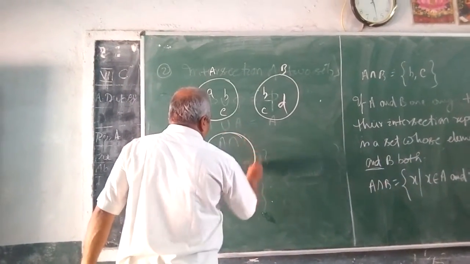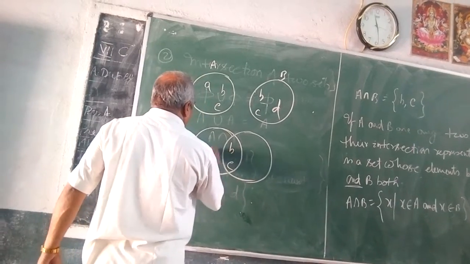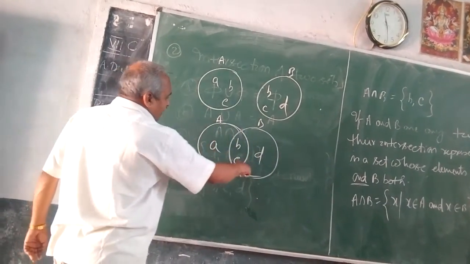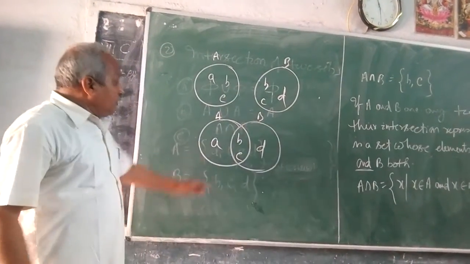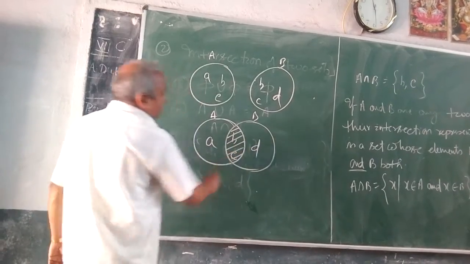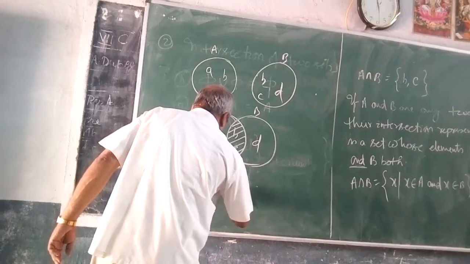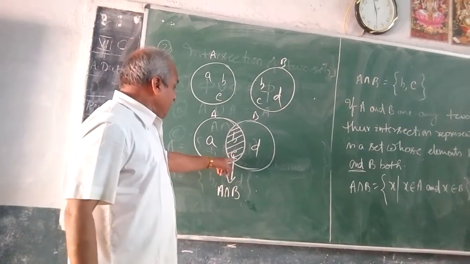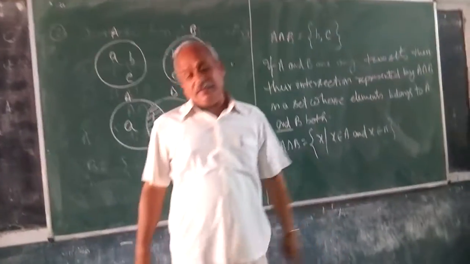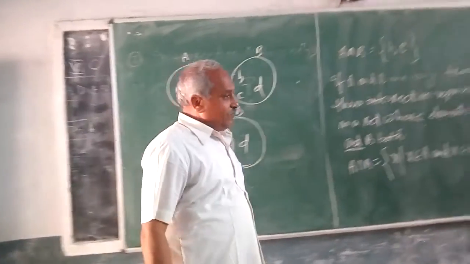Therefore, if you write these sets in this form, here is A, here is B and C, here is D. This is the set ABC and this is the set BCD. Now you can see from the figure which part is common to both. This shaded part is common to both. Therefore, the shaded region is A intersection B, which has the elements B and C. Already we have noted A intersection B equals B and C. Okay, this is the concept of intersection.